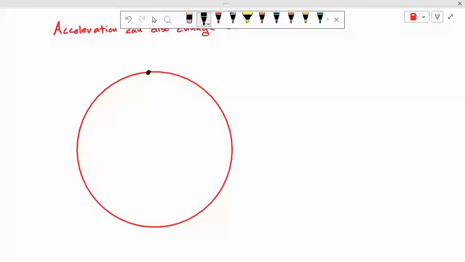If we have 2 velocity vectors, so in the first scenario, we will have V1, and then we will have V2. Okay, and if we do V2 minus V1,